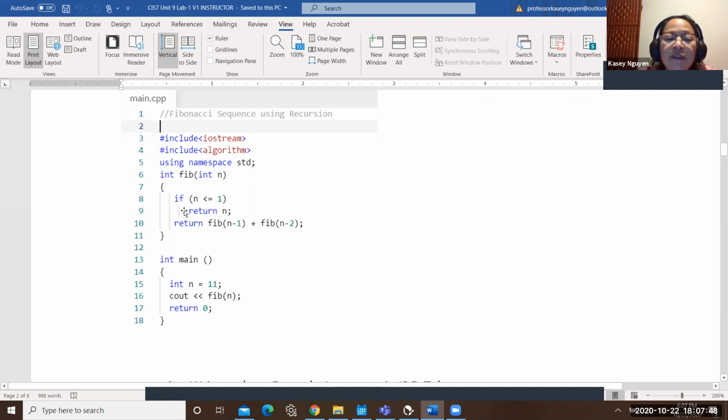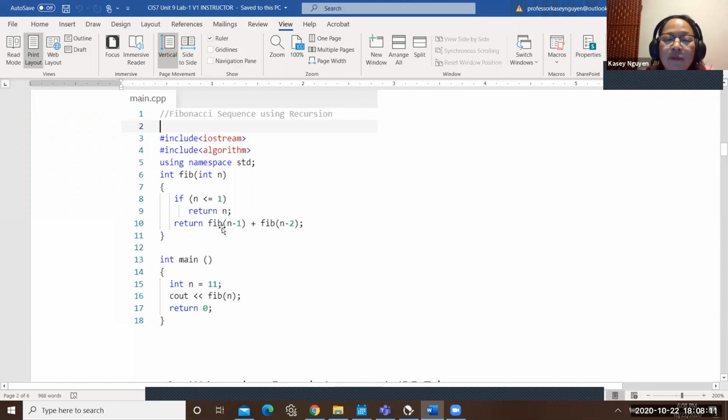And the criteria of this function is that it says if n is greater than or equal to 1, return n. And for the function itself, it's going to return fib. So it's calling itself, you see. So this is why we would say that it's calling itself continuously. That would be a recursive function.